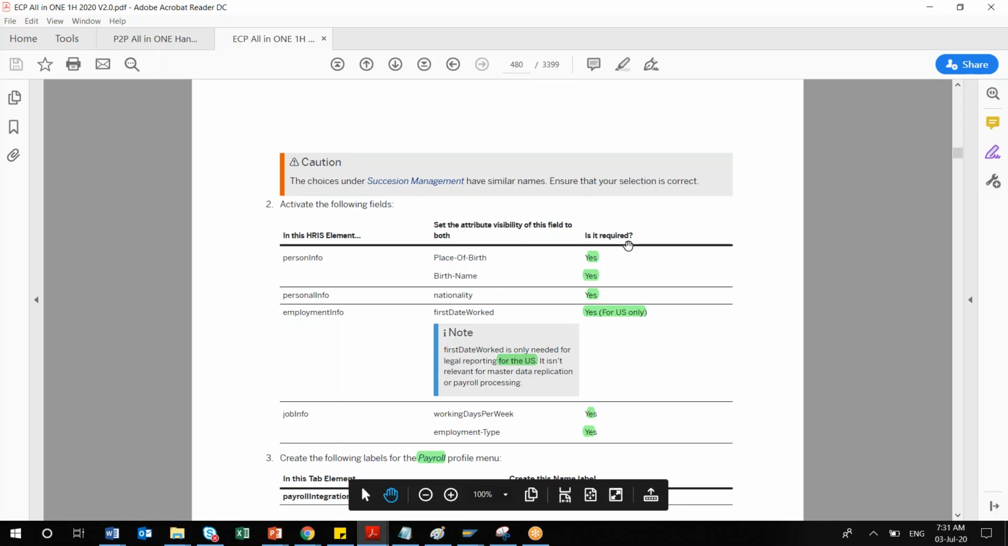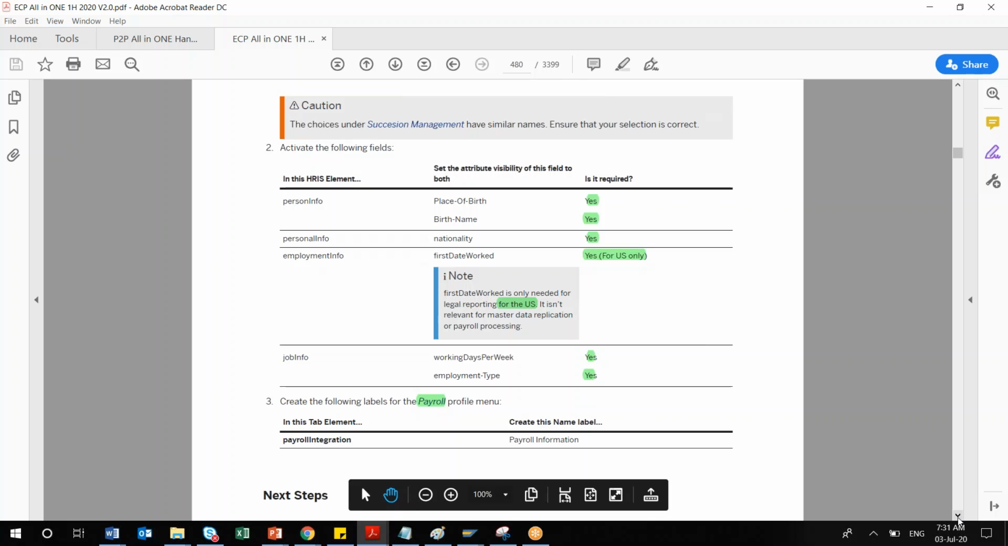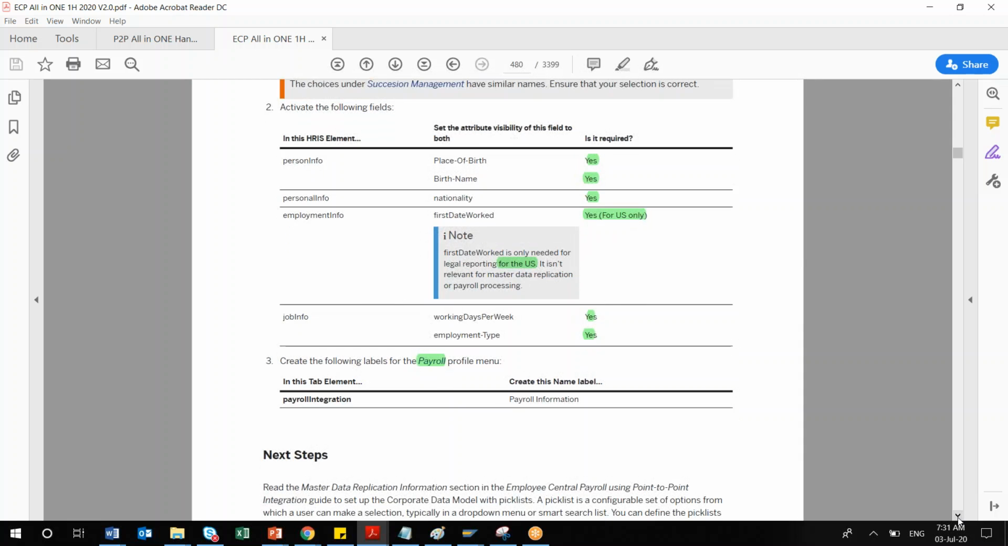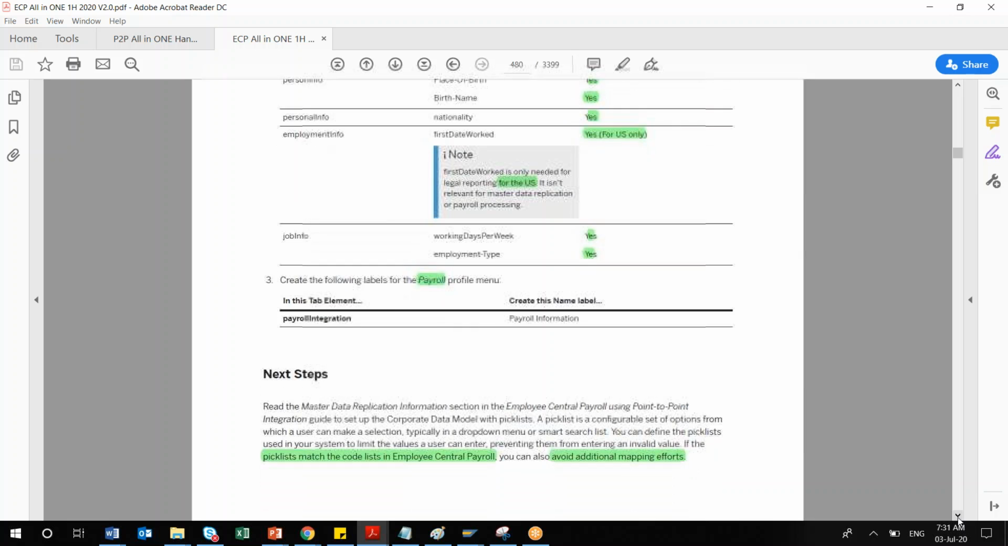Required means mandatory, meaning those fields in the EC must be configured as mandatory fields. So there are different settings in your HRIS elements. Other than that, in the next step, if you go further,